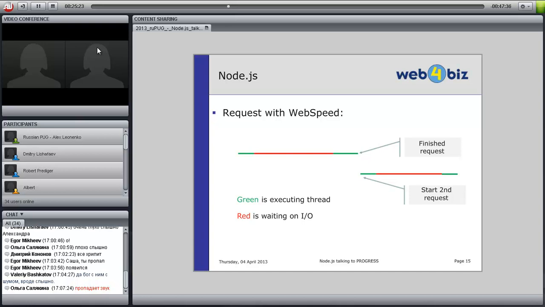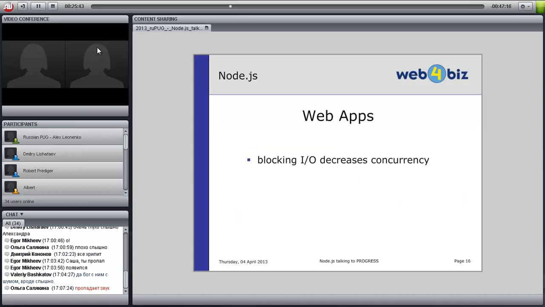This is how web applications normally work. And this blocking I/O decreases concurrency a lot.